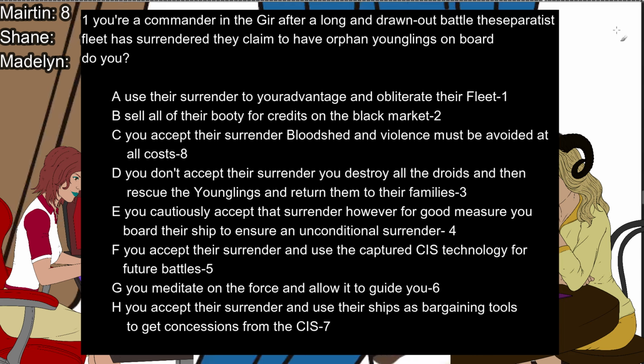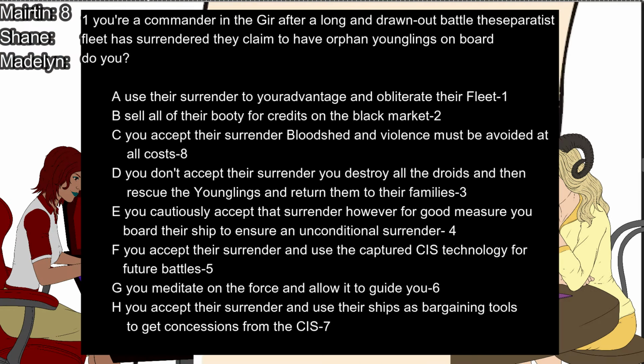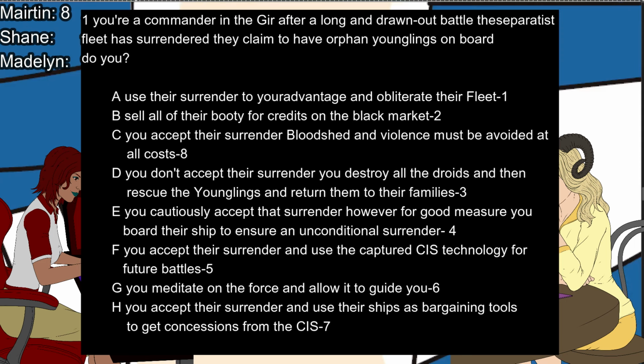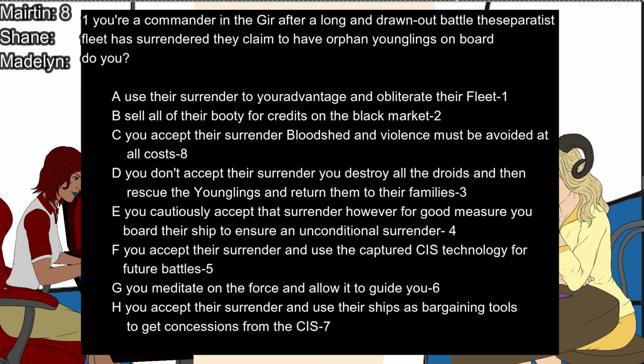Then for Shane, I really think he'd probably take the captured technology. Yeah, any variation of anything like that. Anyway,